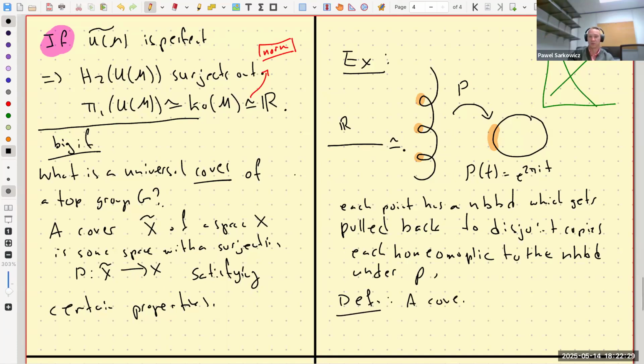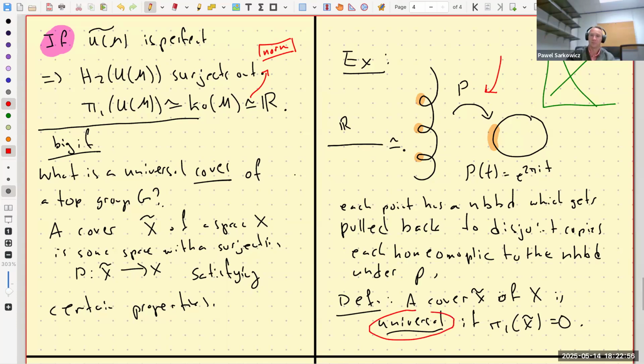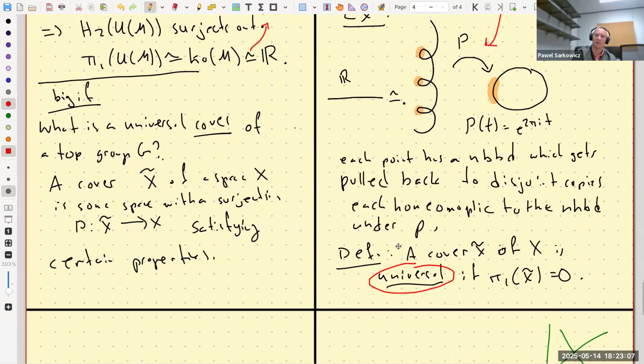a cover is universal if it's simply connected. So this means it has trivial fundamental group. So let's write this better. And so this guy is universal because R obviously has trivial fundamental group. Okay. And we'll say